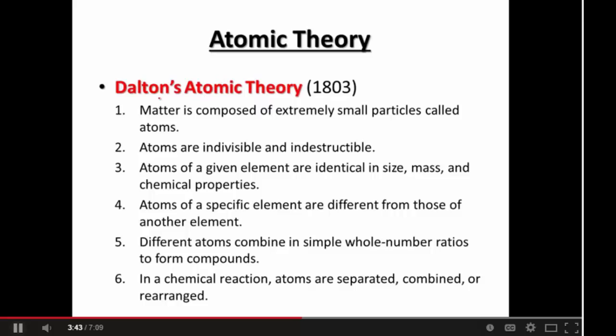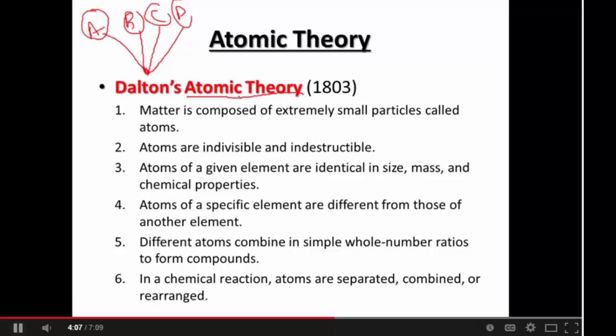Atomic theory was created by Dalton, and what Dalton really did to create his atomic theory, these things you're going to write down here in a second, he basically took the ideas of different people, A, B, C, and D, whoever they might be, and compiled them together into his own theory. Now, Dalton did a lot of experimenting himself, but he took their ideas and combined them into one large theory called atomic theory.